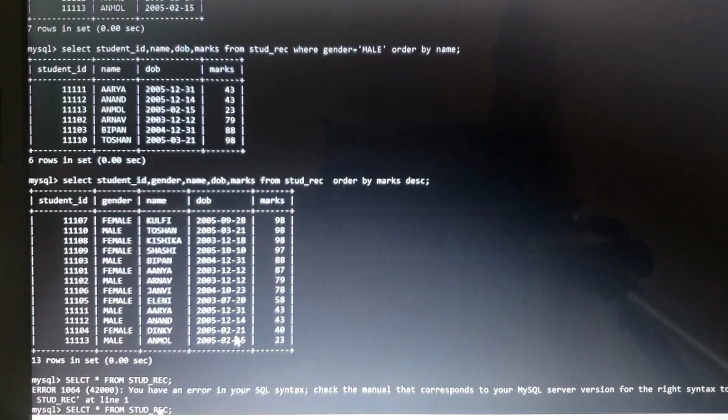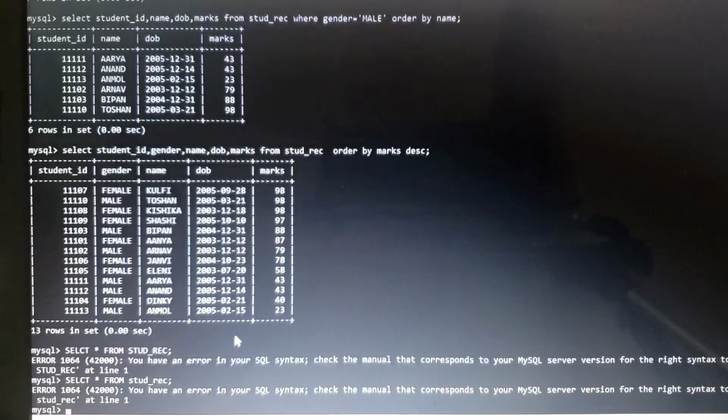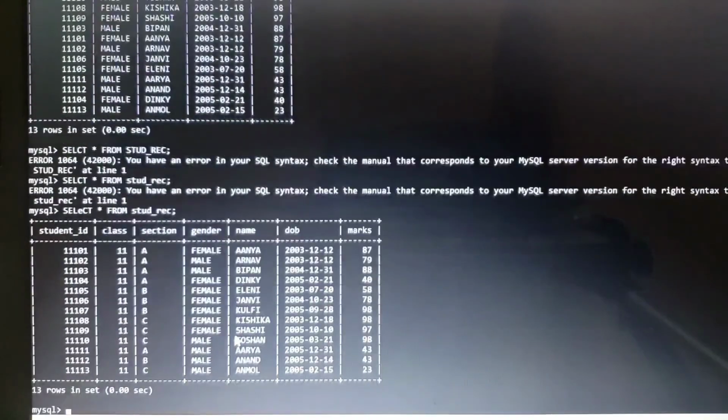Okay, that name is in small letters. Be careful with the name because it is going to accept the same name only. Spelling of select is also incorrect, so that we have to see. Now see, here we have different sections. So out of these different sections, how many total sections are there? In total, there are only 3 sections.